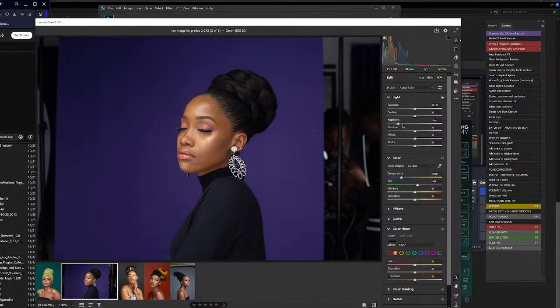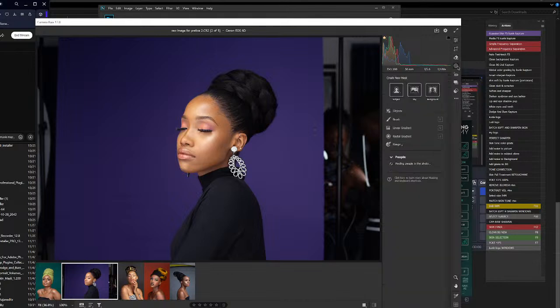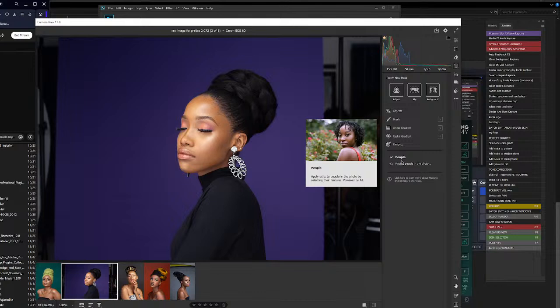I think what I should do should only be on her skin. I don't want to do the background. All right, so I'll come to this mask here, and you guys should listen close because some magic is going to happen here and you're going to be surprised. I want to darken that background